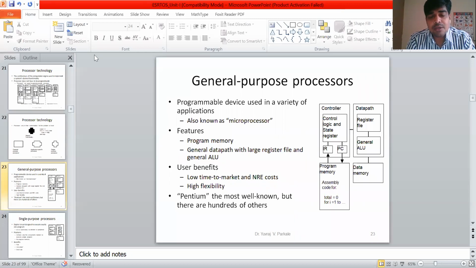Now, what is the benefit of using the general purpose processor? The first advantage is low time to market and low NRE cost. That means I have three types of processors. The first advantage of using the general purpose processor is the time to market, that means I can launch my product into the market as early as possible if I use this kind of processor, called a general purpose processor.